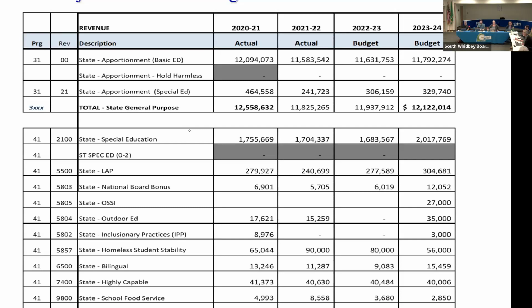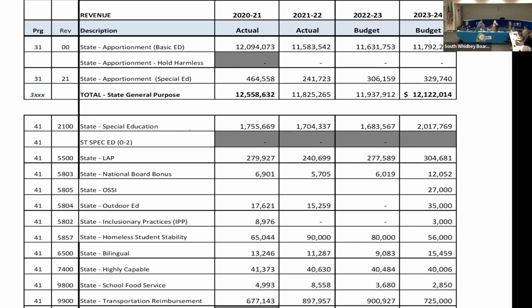Then we have a state homeless student stability, kind of a homeless program grant of about $56,000. That one keeps going down over the last couple of years. And these are all grant funded. It goes down despite the population going up. Yes. Yeah. It just has to do with the amount of money the state's sending out. We have no control over that. We apply for grants and that's it. The bilingual program actually is going up because we increased by 3 kids. We have 7 instead of 4. So, it's a difference. Highly capable stays about the same, usually about 40,000. It hasn't changed much over time.